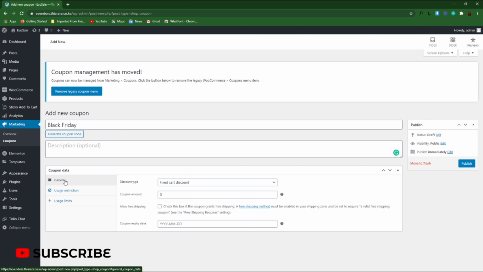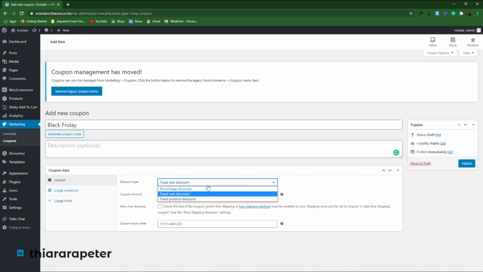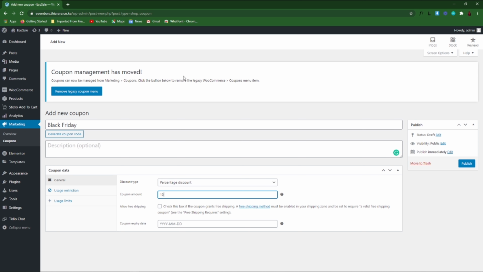From there, we come to the coupon data. We have the general settings, the usage restriction, and the usage limit. In the general settings, you come to the discount type. What do you want to offer? You have 3 types of discount: the percentage discount, fixed cart discount, and fixed product discount. If you decide to have a percentage discount, here you offer the percentage that you want to offer, so if you decide to offer 10% on that,